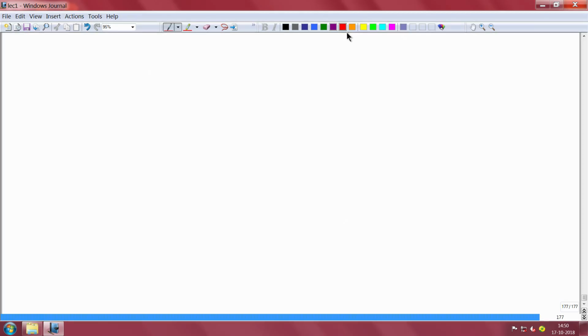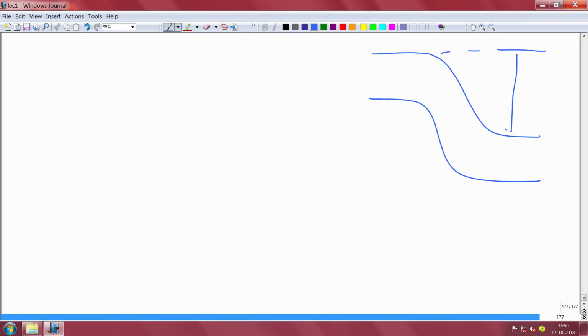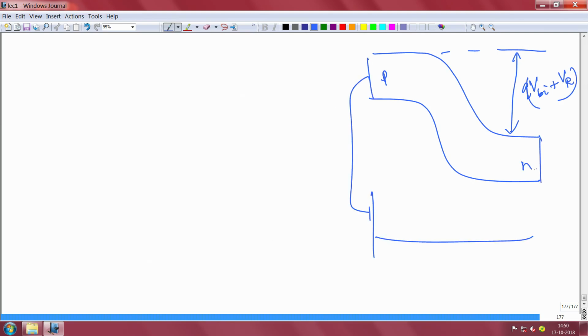So, I will draw a reverse bias junction. In a reverse bias junction, the depletion region becomes larger, okay. So, this built-in voltage has become large, by qV_BI plus V_R, it has increased now because this is p type connected to negative, this is n type connected to positive. Carriers are being drawn away, so the depletion region has also become large.